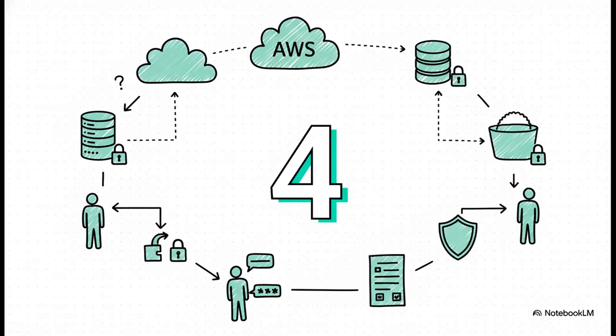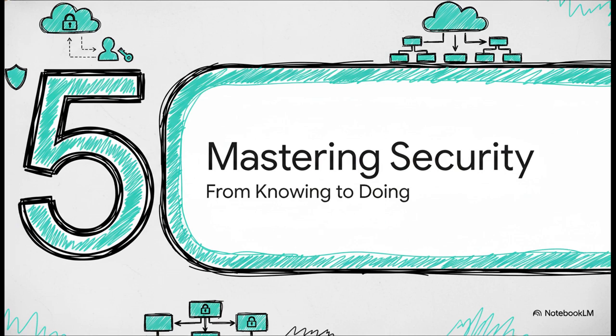And that is the real power of IAM. You learn this one security framework, and then you can apply it across the entire vast AWS ecosystem. It's the universal lock and key for your whole cloud toolkit. So we've made it to the final stage of our journey. This is where we move beyond just knowing the rules of IAM and into the art of applying them wisely. This is really about developing a true security mindset.